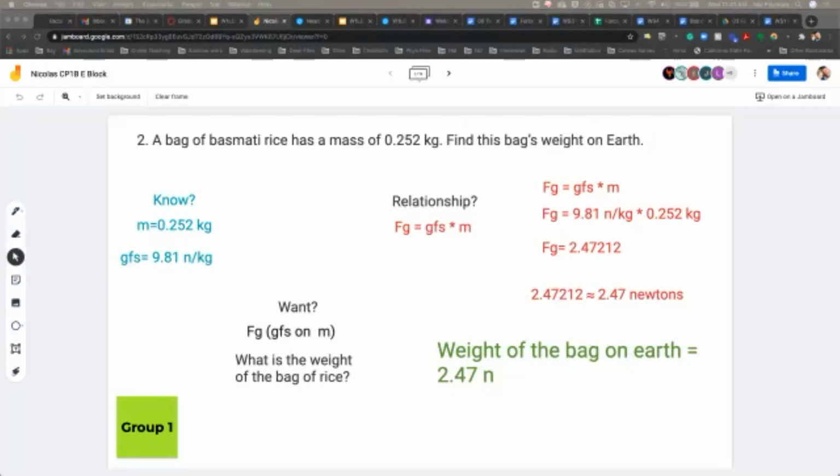Okay, problem number 2, room 1. You are up. So our problem was a bag of basmati rice has a mass of 0.252 kilograms. To find the weight on Earth, we went through the same process that we did for the dog. We wrote what we knew, which was the mass was 0.252 kilograms, and the Earth's gravitational field strength is 9.81 newtons per kilogram. And what we want is the force of gravity, which is the gravitational field strength on the mass,